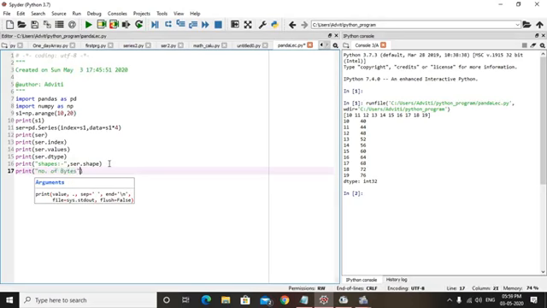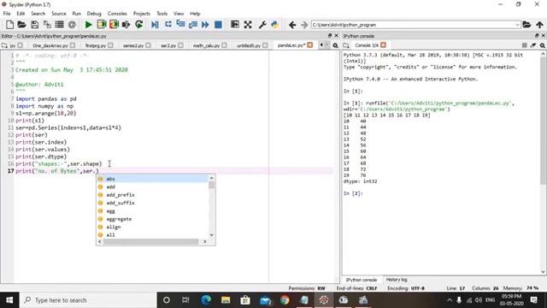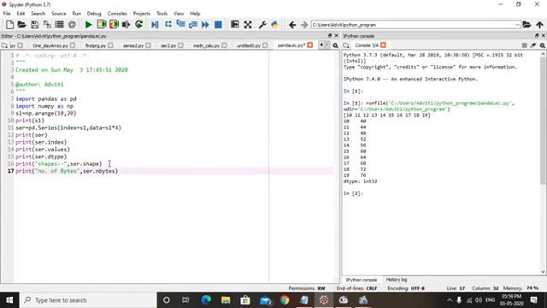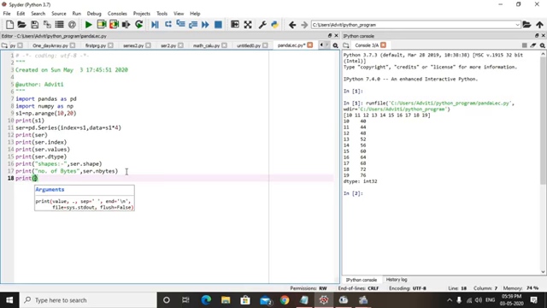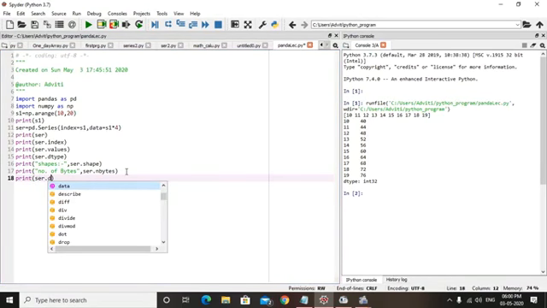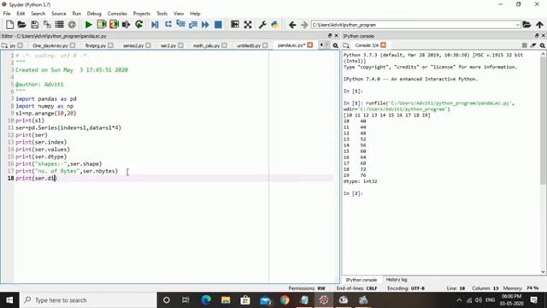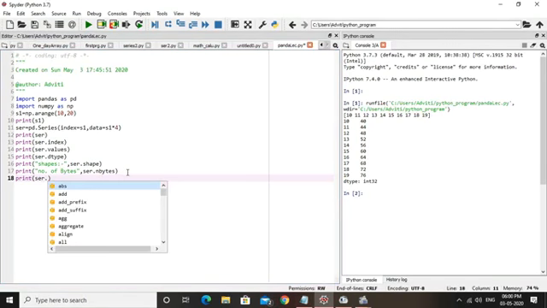Then we can use the object name ser.nbytes for showing the nbytes. Next we can show the attribute dimension, ser.ndim, okay.